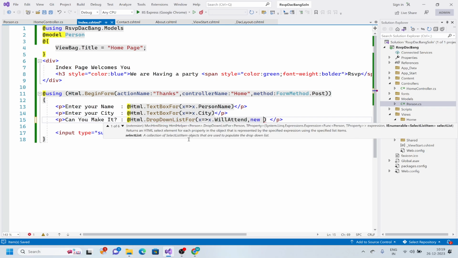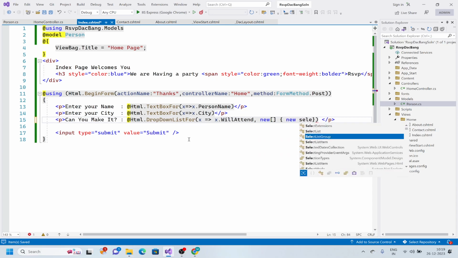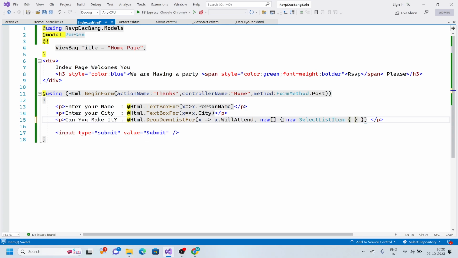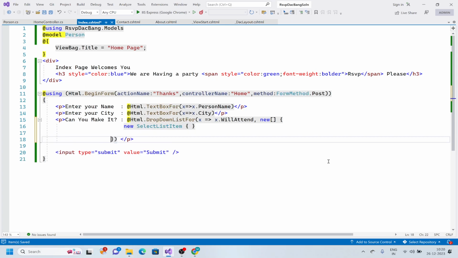I'm telling new selection items, new selected list item. I want a couple of items, I'll just hide this. What are the items? I'll just put this in the next line, guys. What items you all want? So here you're telling, yes,